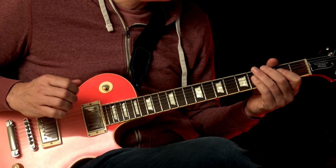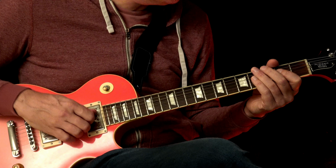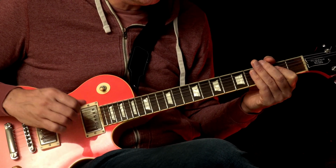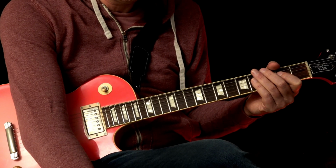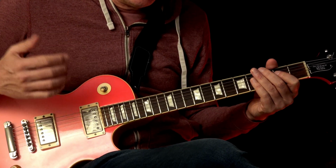First try this. 1, 2, 3, 4. And then chord, 1, 2, 3, 4. And the foot, you don't see the foot now, is also on 2 and 4. This makes it really groovy. So to make it more complex,